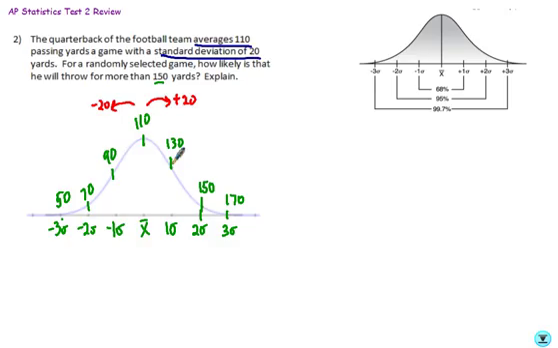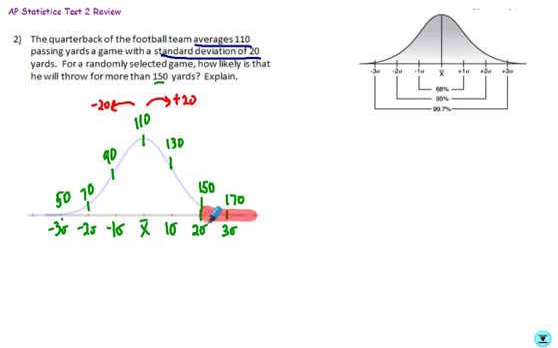So the question is saying, how likely is it going to be that he's going to throw for more than 150 yards? Well, more than 150 yards, there's 150, so we're saying, what are the chances that that's going to happen? Well, remember, the thickest or fattest part of the curve is what's more likely, and then it becomes more and more thin. So just by eyeballing it, we could probably say it's probably not going to be very likely that he's going to throw for 150,